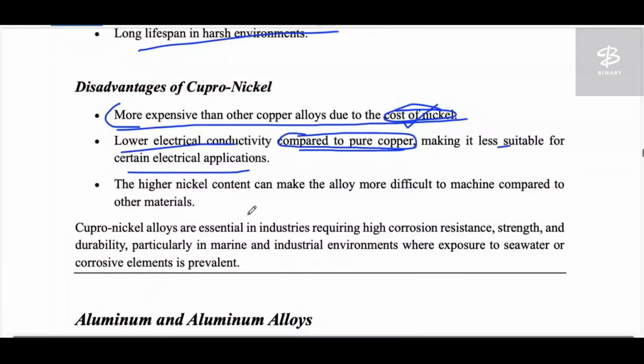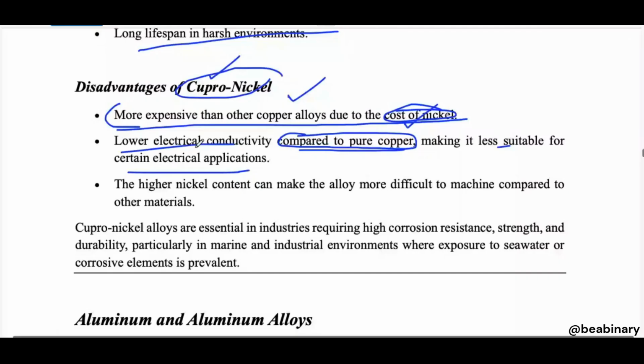So why would we use that costly material? Okay, for the same application, if we are going to use this material in electrical components, and it has less electrical conductivity, though we are spending more amount to make this particular material, why not use only copper, right? It has good electrical conductivity. That's why it is simply a disadvantage. Okay,